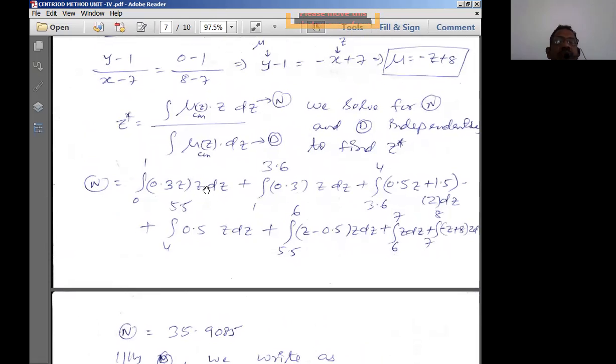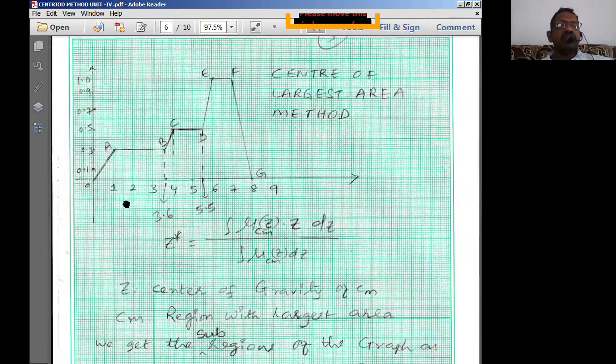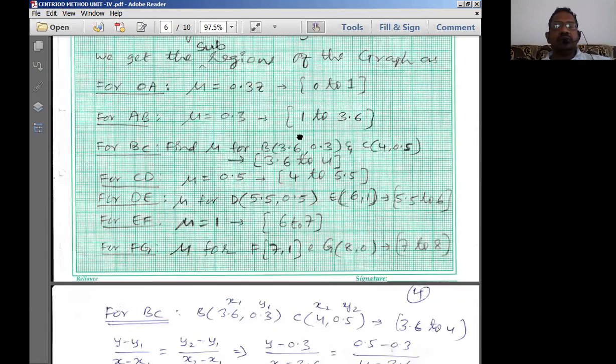Now what I am doing is simply replacing this integration. I am writing this integration for the entire fuzzy set represented by the membership function. We start with 0 now. See the graph. We have to start with 0. This portion I have to write the integration for, this one, this one, this one and this one. So I have to integrate all these parts to get the overall area of this particular graph.